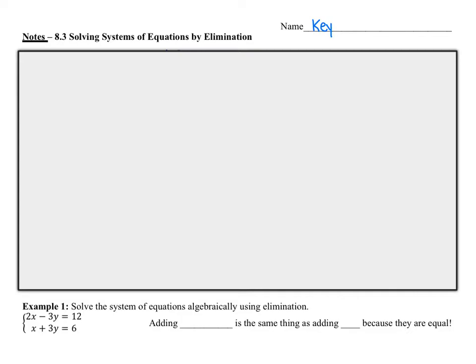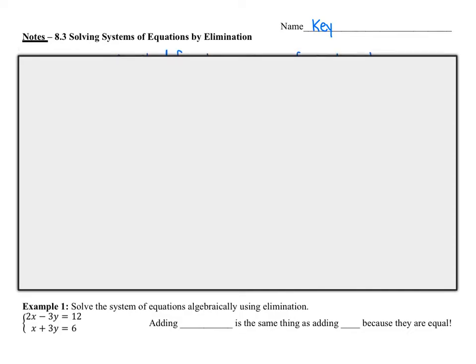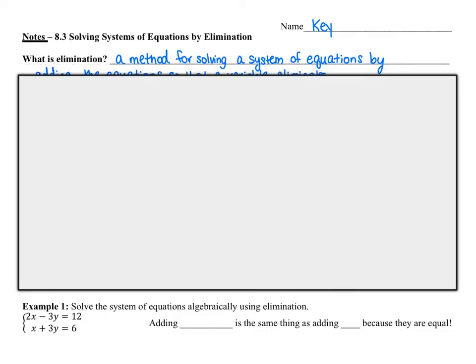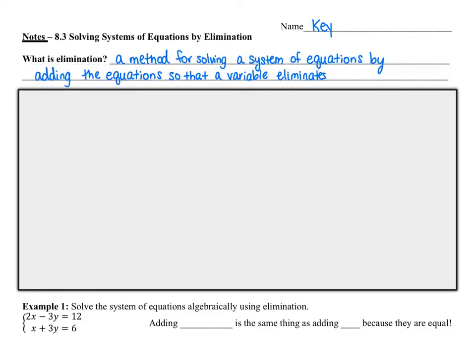When we have a 2 on one side and we want to get rid of it, we can subtract 2, because 2 minus 2 is 0. So that's what we're talking about in math when we talk about elimination. Specifically, I'm going to reveal this here for you. So what is elimination? It's a method for solving a system of equations by adding equations so that a variable